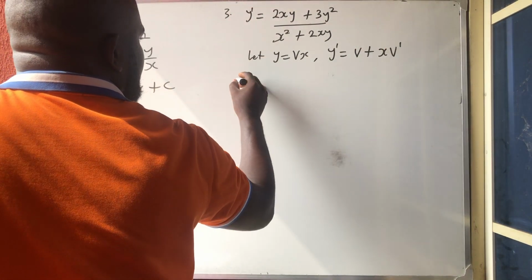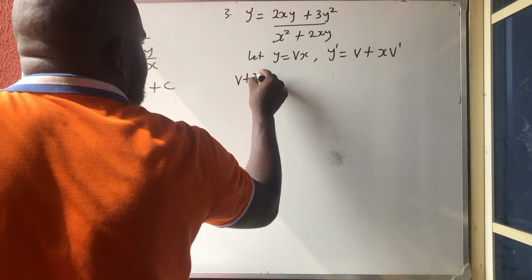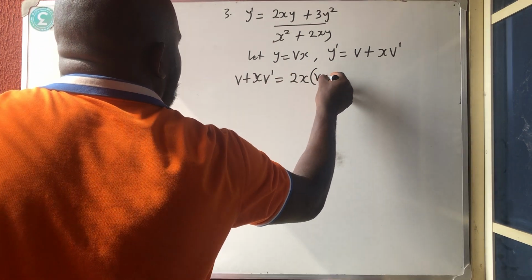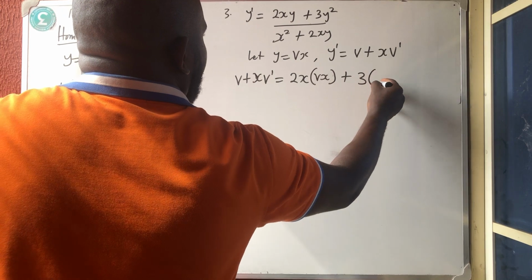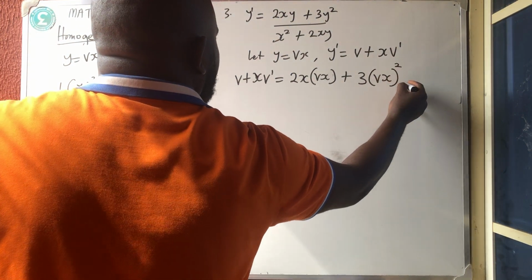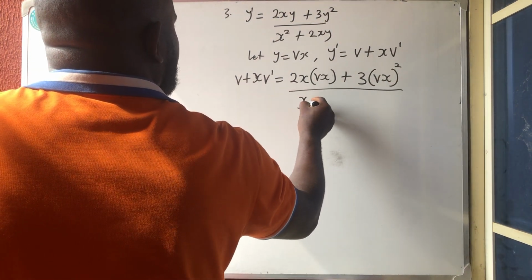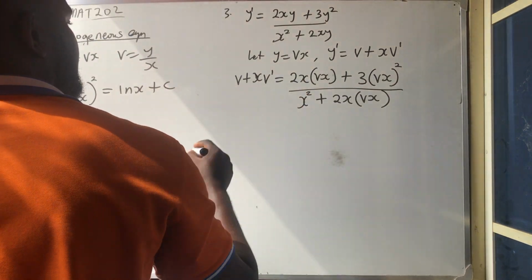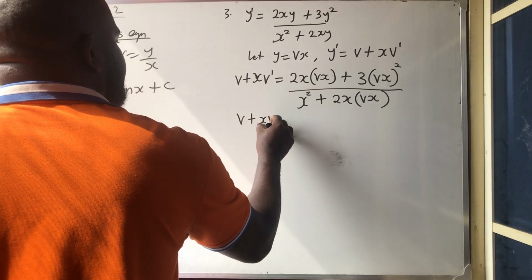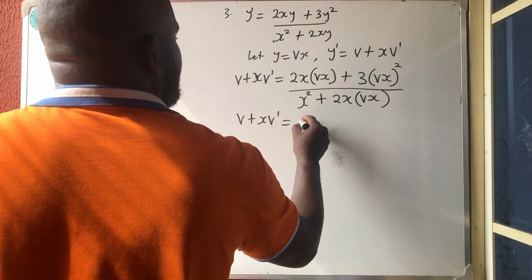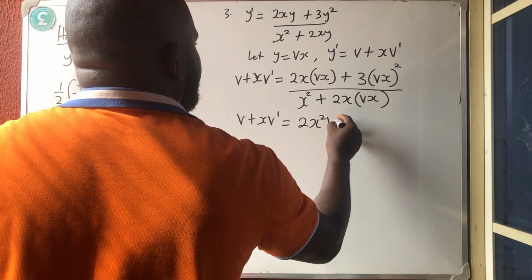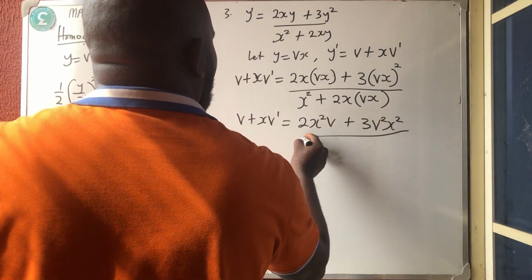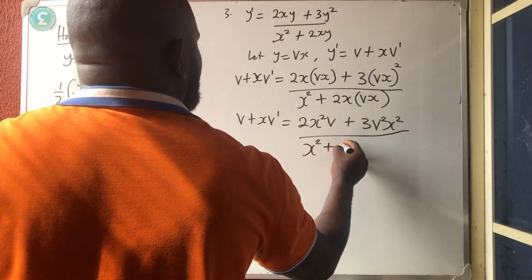Y prime, we replace it with v plus x v prime is equal to 2x bracket vx plus 3 bracket vx all squared all over x squared plus 2x bracket vx. Okay, so I'm having v plus x v prime is equal to this time 2x squared v plus 3v squared x squared all over x squared plus